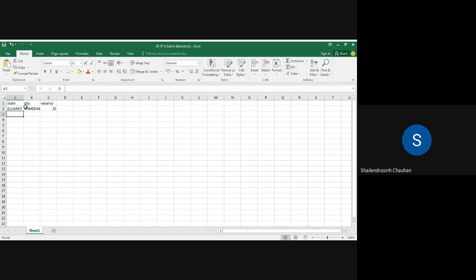State again, let us say Gujarat, city Rajkot, vacancy, let us say 20. State Gujarat, Gandhinagar, vacancy, let us say 35.